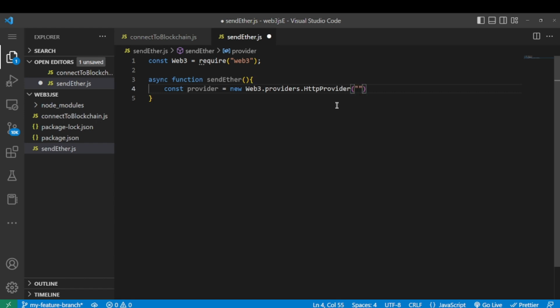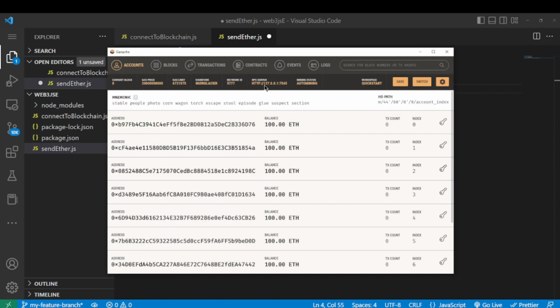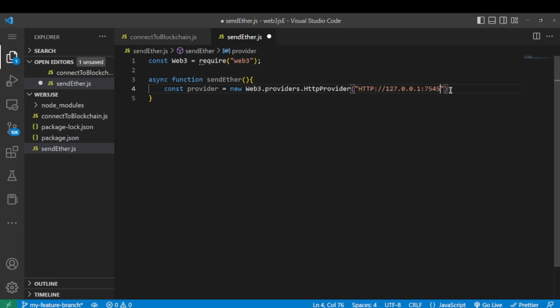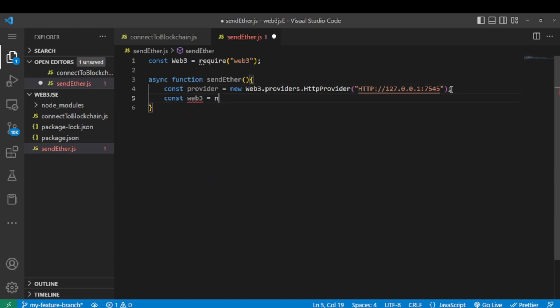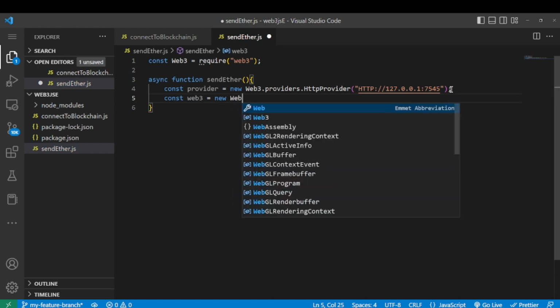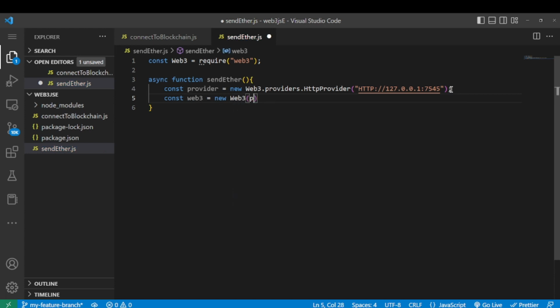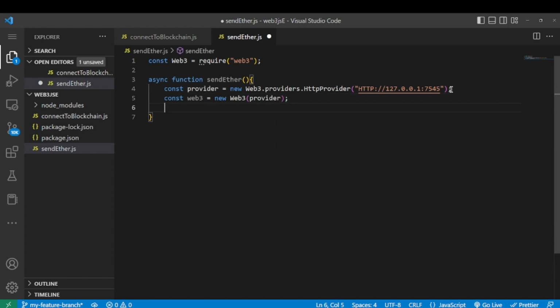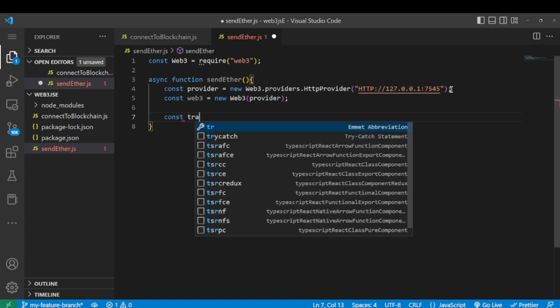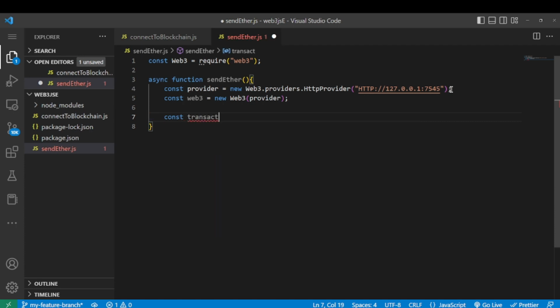And inside this, again, we will have our Ganache HTTP address. And then again, we will have the Web3 object, which actually helps us to connect to the blockchain and to call various functions, which help us talk to our blockchain. Now, in order to send Ether from one address to another, I'm going to create another variable by the name of transact. And then I'm going to use await